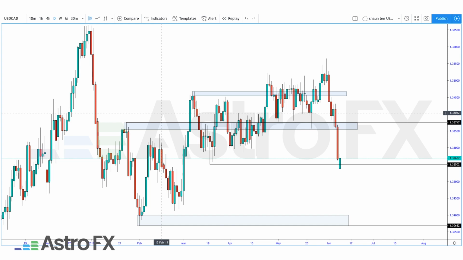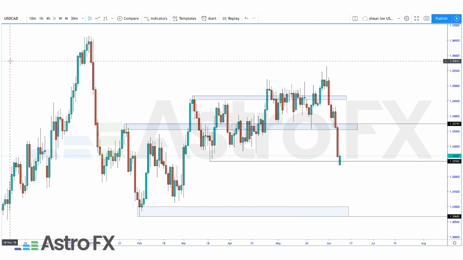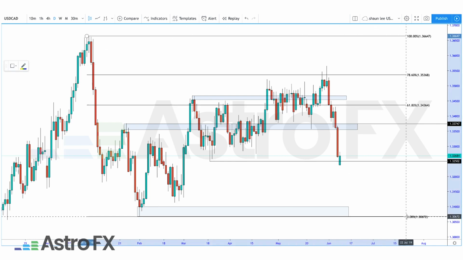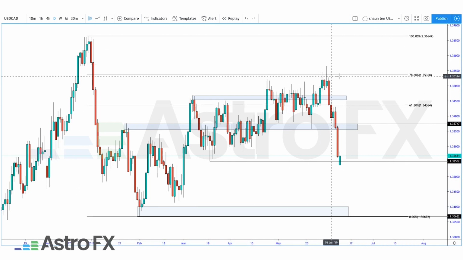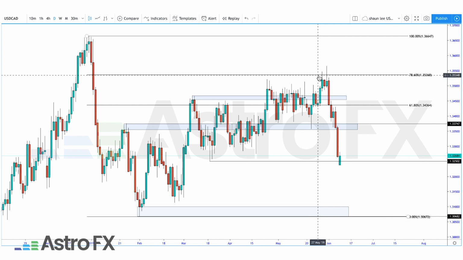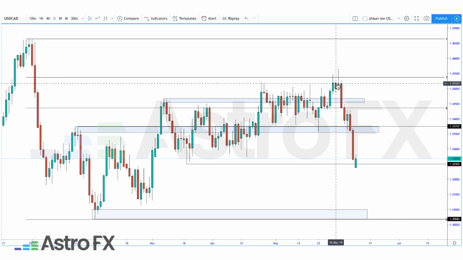Hey guys, so onto dollar CAD. Pretty decent result given the bias that we had quite a while back. First and foremost, let's start with the fib retracement. So we've gone from the highs into the lows, and we spiked right into the 78.6, as you can see there. This is the daily time frame. Spiked into the 78.6. Price remained below that, as you can see. Body below, body below, body below.